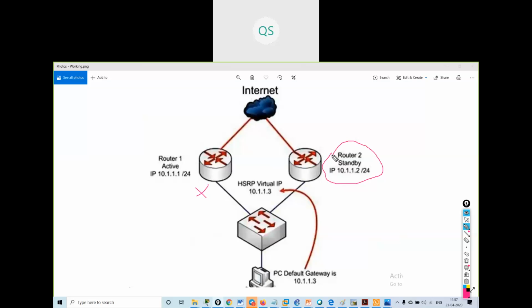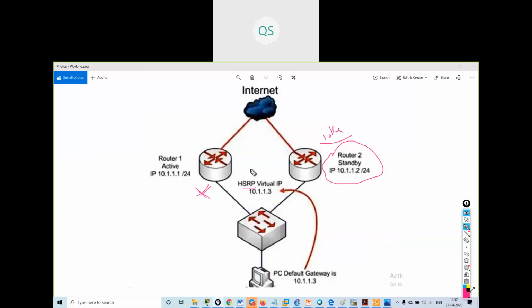It will be sitting idle, in HSRP and VRRP.